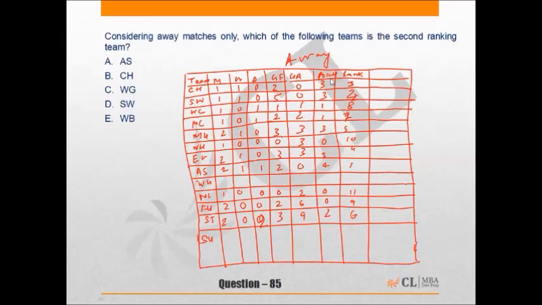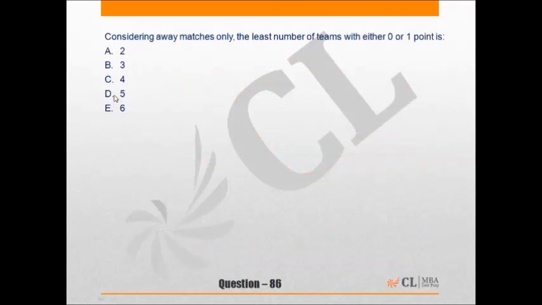From the table it can be seen that the second ranked team is SW. Therefore option D is the correct answer. Now coming to the next question. Considering away matches only, the least number of teams with either 0 or 1 points is,